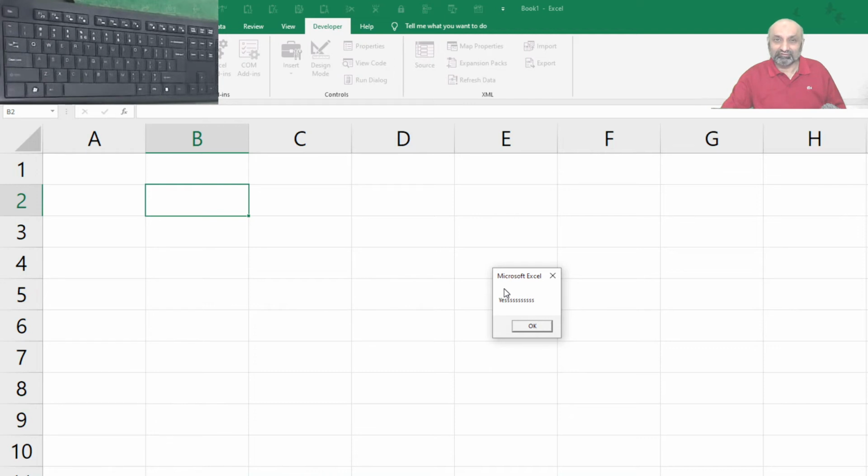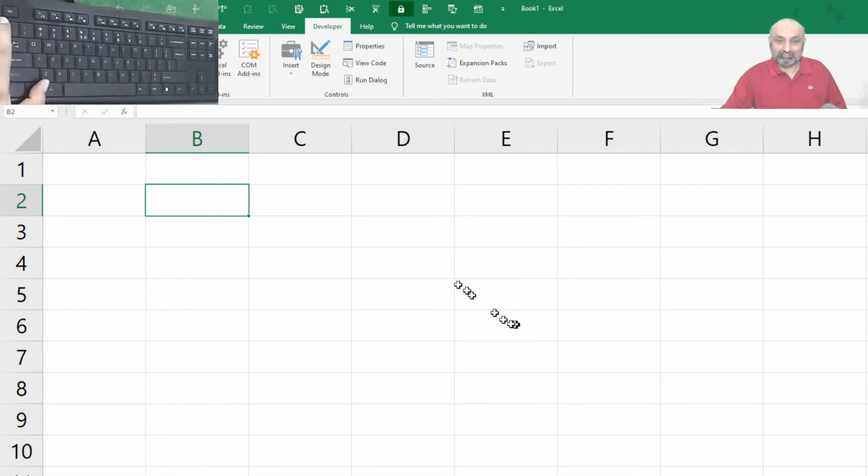Why? We said the title should be my world. What happened? Think about it. What went wrong? Remember one thing: VBA does exactly what we tell it to do. Nothing can happen outside that.